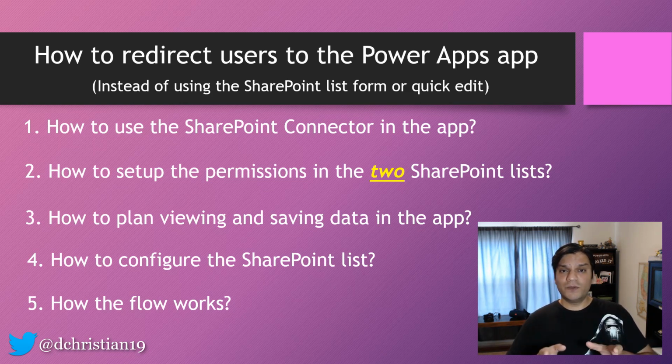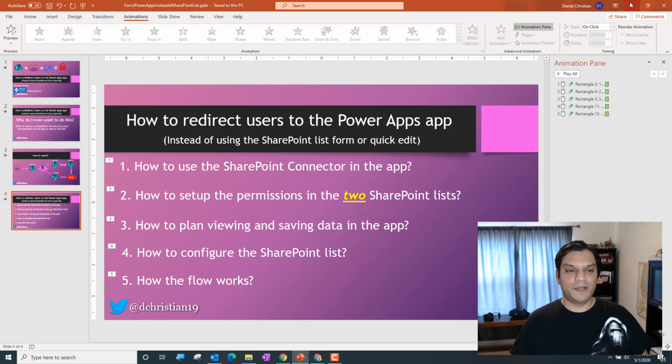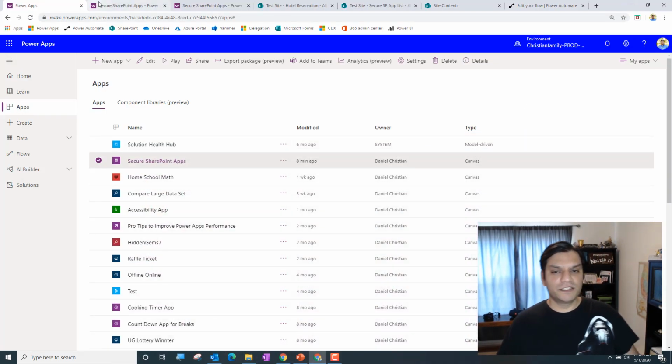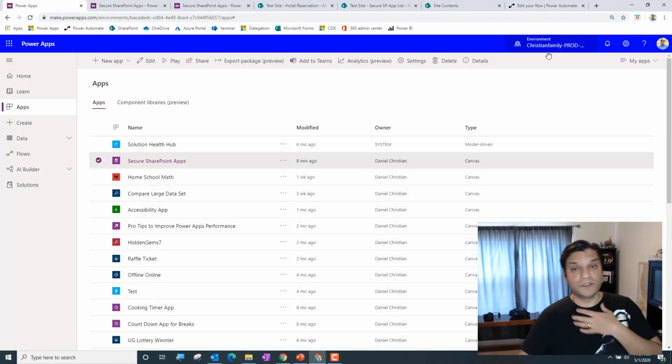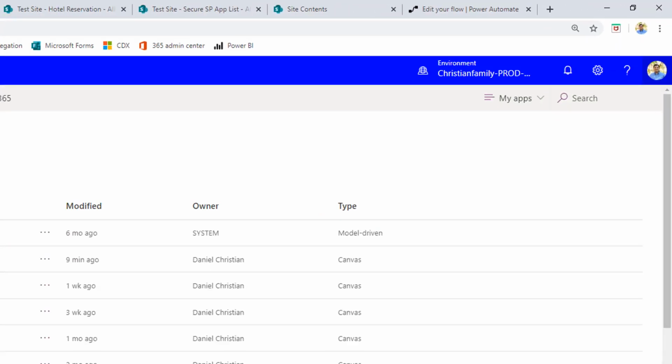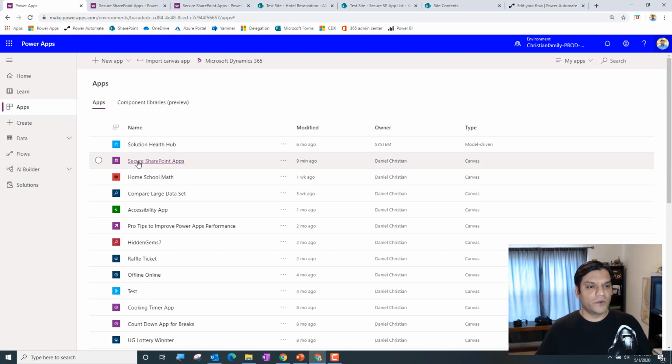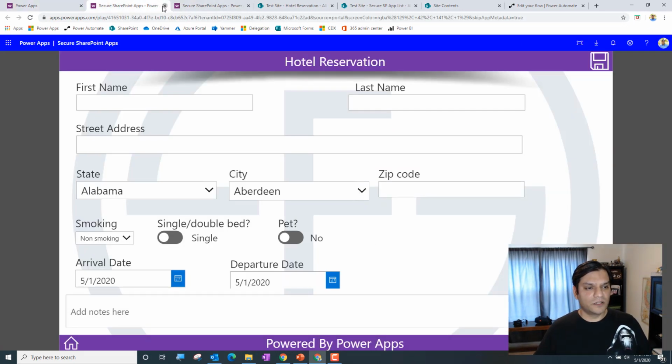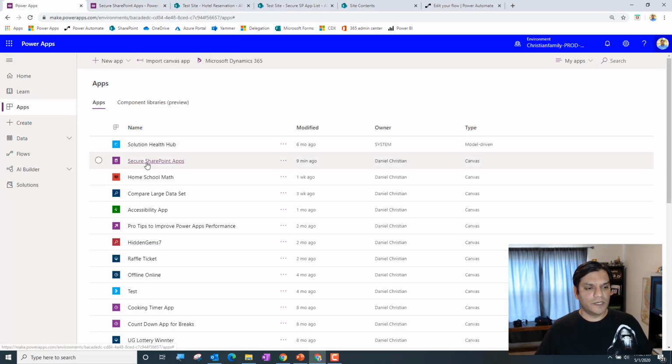All right, so as always, enough with the talking, let's jump into the demo. Okay, let me get out of this PowerPoint presentation, and then I'll jump in first with that first demo which I talked about, which is going to be me. I'm the app maker, and you can actually see over here that that's me. All right, so here is the app. So I'll go ahead and directly open it up. I'm going to close this. I'll just open up the app,